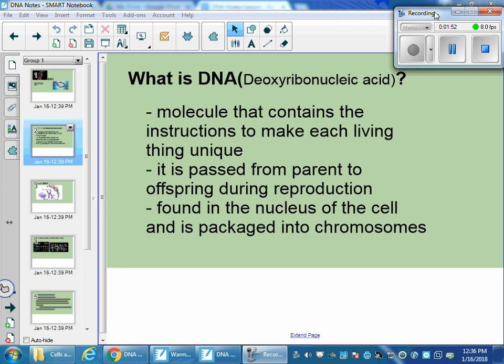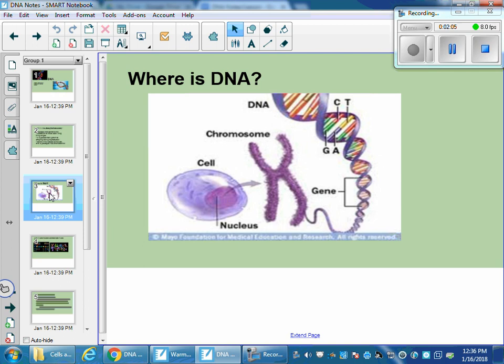DNA is found in the nucleus of the cell, and it's packaged into things called chromosomes, and we've talked about chromosomes a little bit earlier, and those we see during mitosis, which is basically our DNA that's condensed into these shapes. If you take a look at our picture here, this kind of puts it into perspective. So we have this double helix shape of DNA, okay, and it gets kind of grouped into chromosomes in this, and that is in the nucleus, and that is inside the cell. So when we're talking about DNA, it is a very, very small thing located in the nucleus of our cells